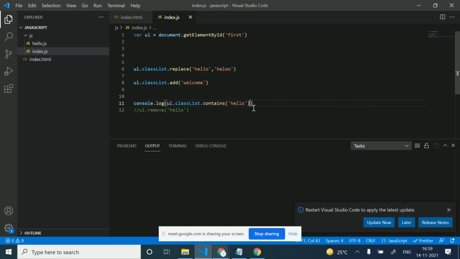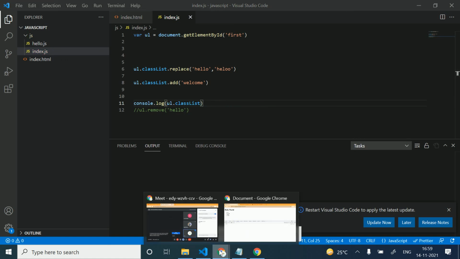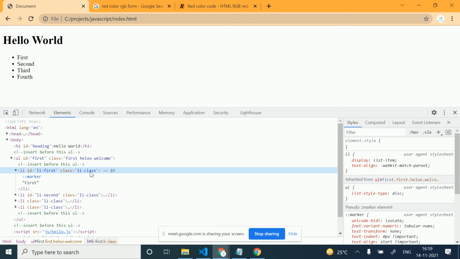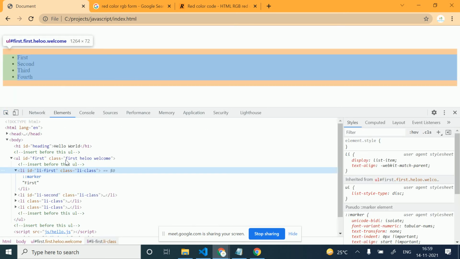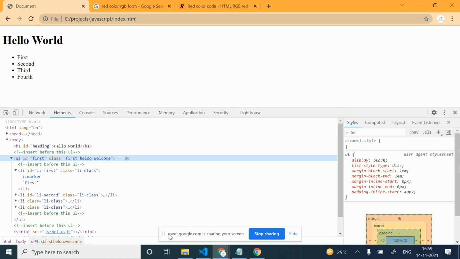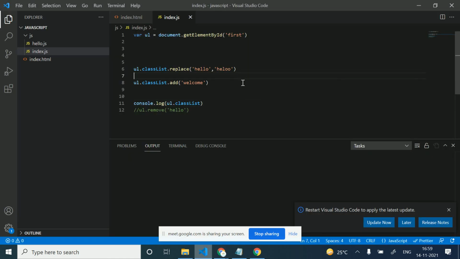I'm going to refresh. In this way, welcome is added in this array as well. You can check here at the ul the classes. We have three classes here: first, hello, and welcome. In this way, we can modify the classes as well.